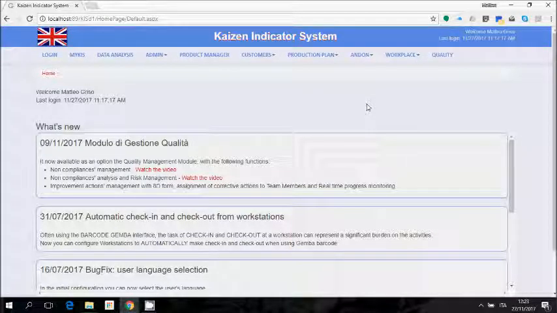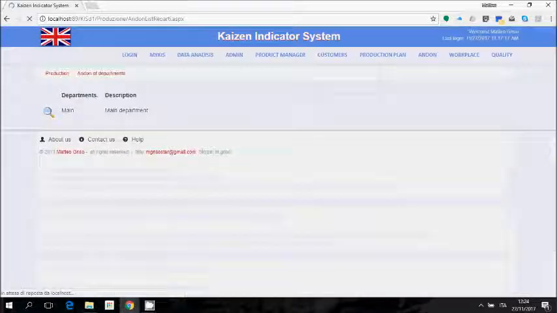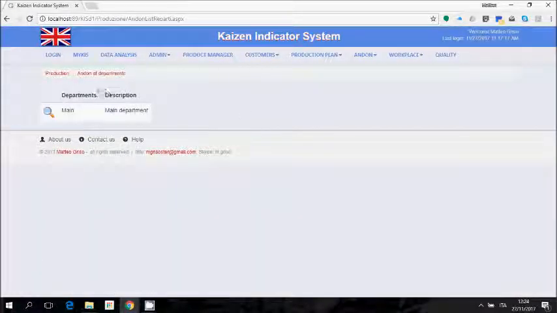Hi everybody and welcome to this new video of presentation of the production module of Kaizen indicator system. In this video we are going to see how to perform production by using an interface that we call WebGemba. Before starting we are going to see how you can check the real-time execution of production by using a system